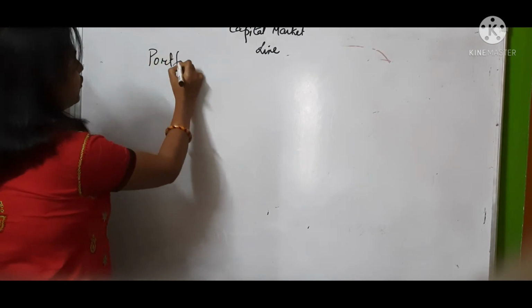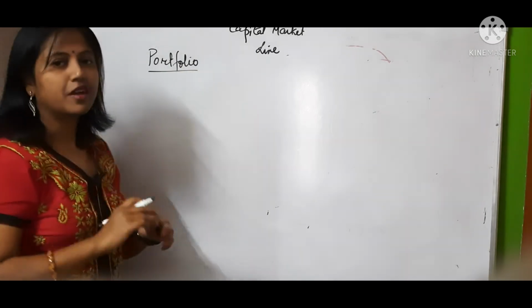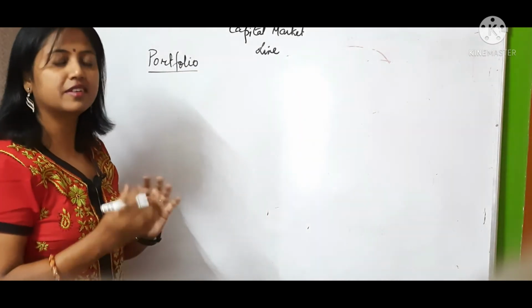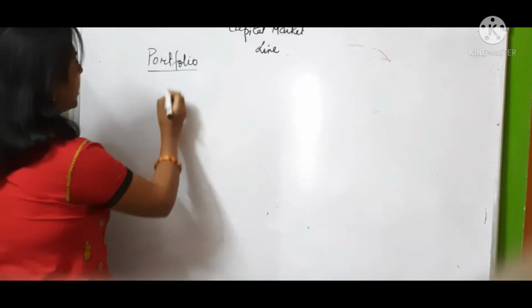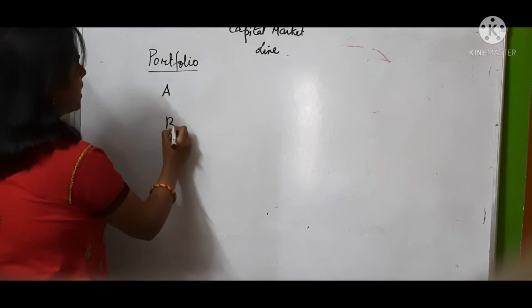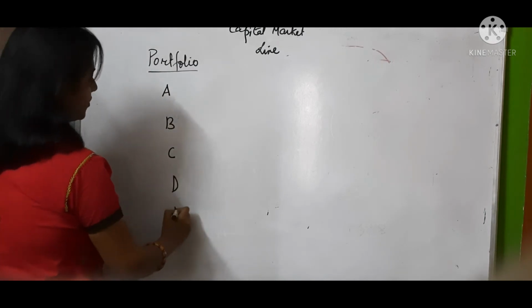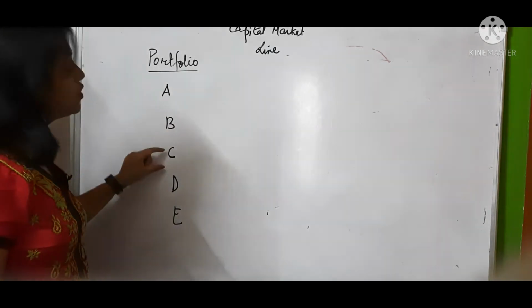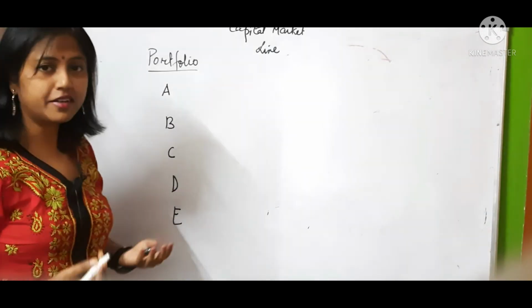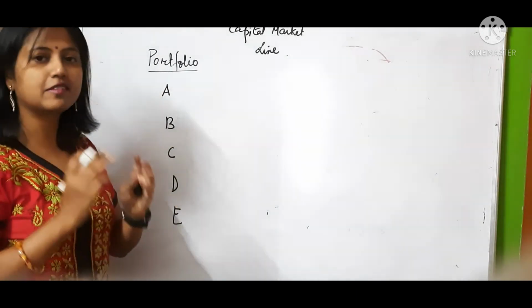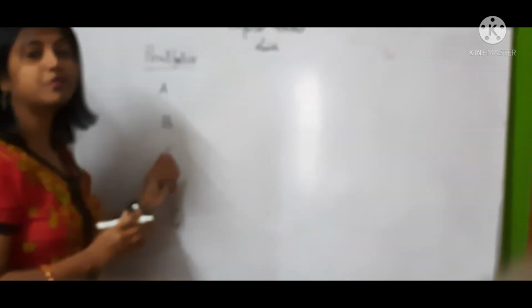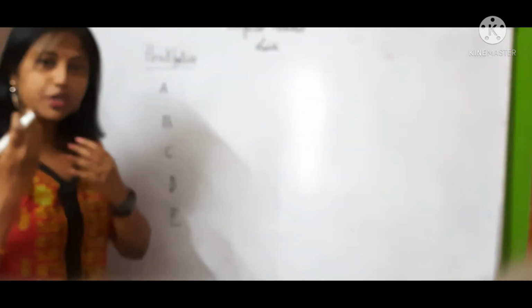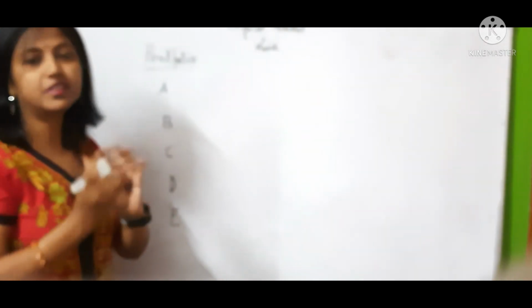So you know what is portfolio? A portfolio comprises a combination of securities which have different risk return characteristics. So if you don't have the basics, do not worry. Let us see. Suppose I have some portfolios A, B, C, D and E. These portfolios are different from each other. Why are they different? Because portfolio A will consist of some risk and return which is different from portfolio B, which will be different from C, D and E. That means each portfolio consists of some distinct risk return characteristics.